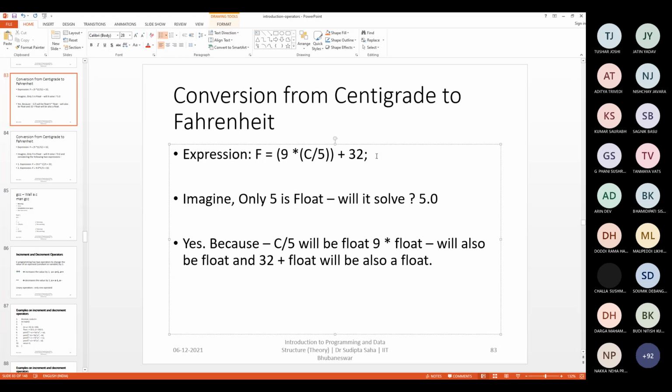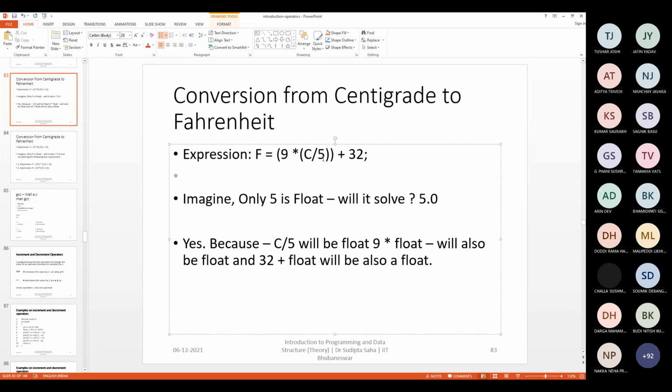Fine. So can you just tell me what will be the solution here? A quick solution for this particular formula, how to represent it correctly? You'll have to identify the places where there can be some truncation of the fractional part.